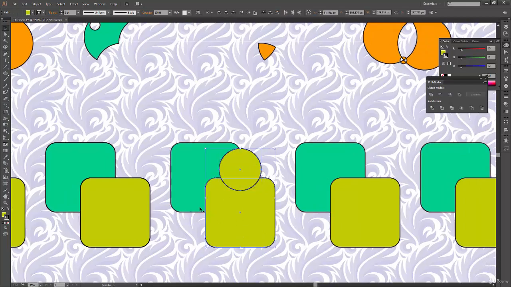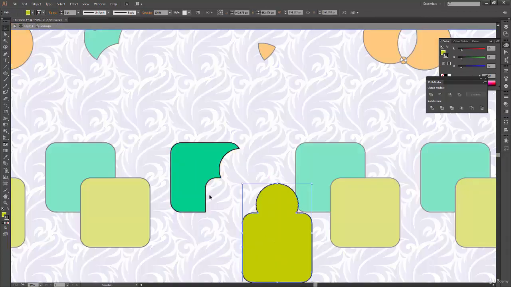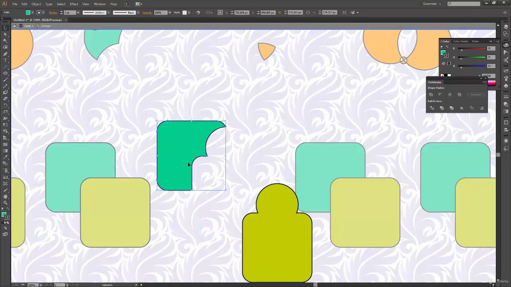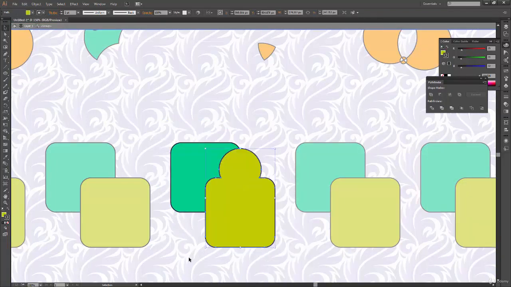First of all, I'm going to select these two shapes and use unite over here, and then I'll select these two shapes and use trim over here. When I double click and go inside, you can see that it's exactly the same result which we got using the merge operation.